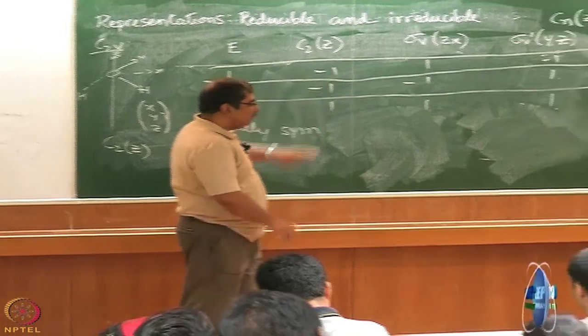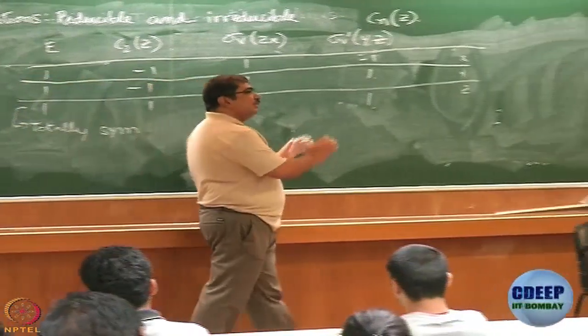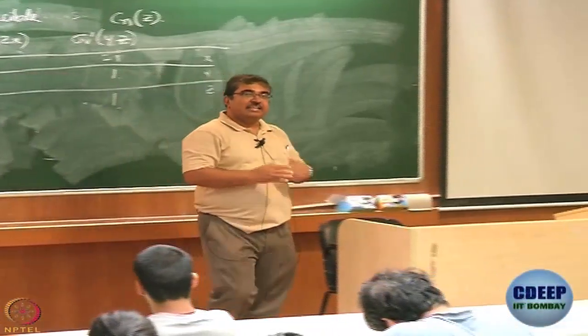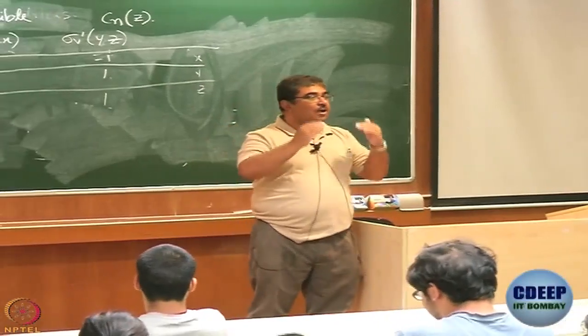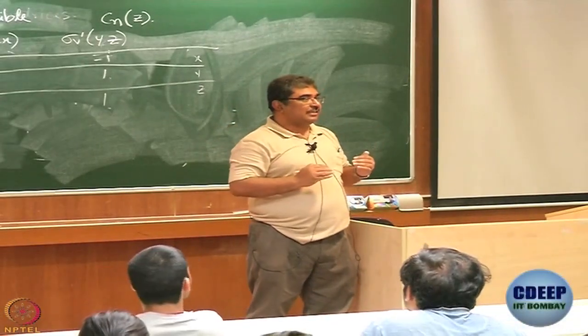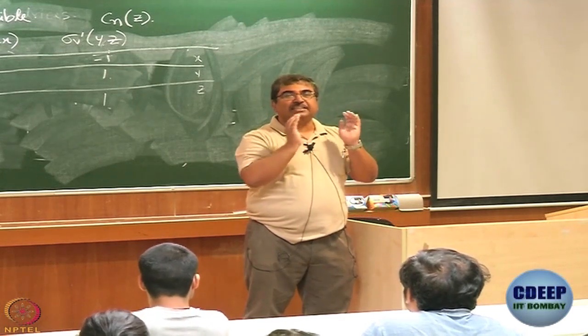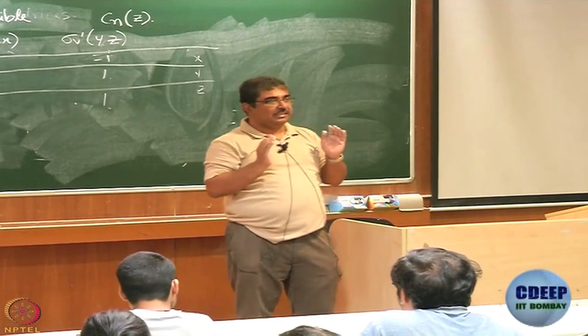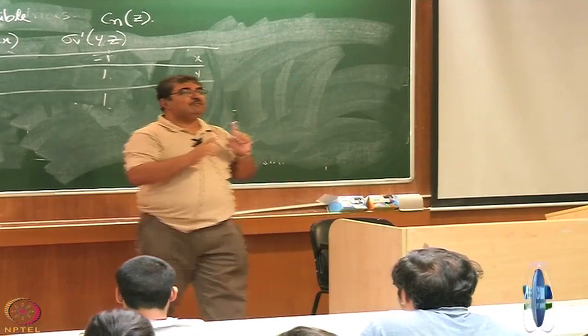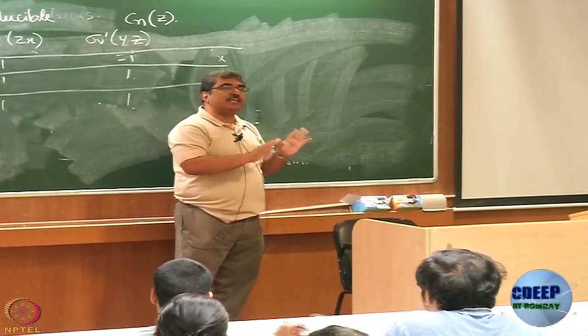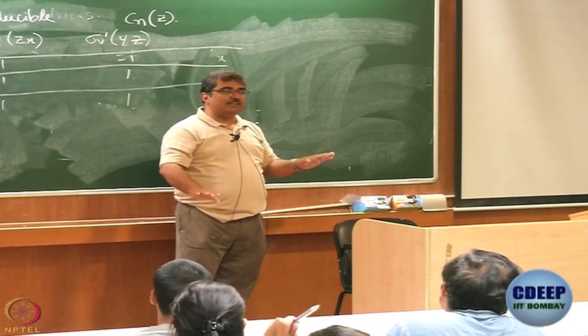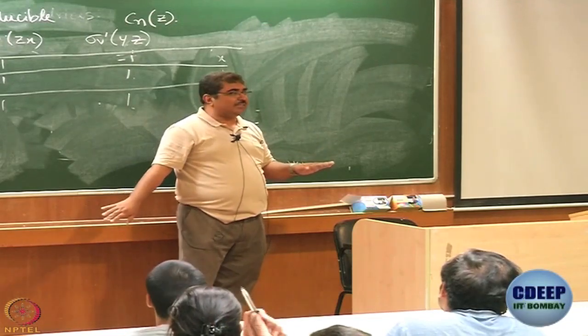Alright. So, here what we have been able to see is that if you use x, y, z as basis, then you end up with 3 one-dimensional representations. What is the meaning of dimensionality? How many basis elements are there for that particular representation? You end up with 3 one-dimensional representations. x, y and z are completely separable in this point group at least.